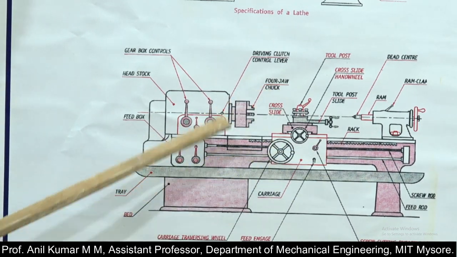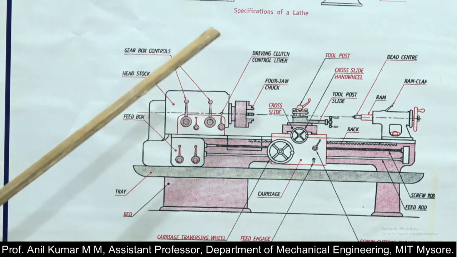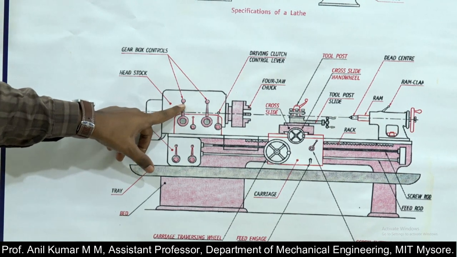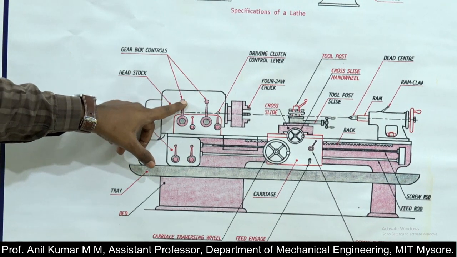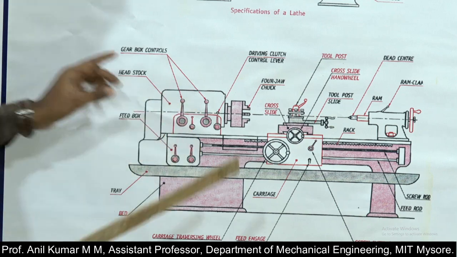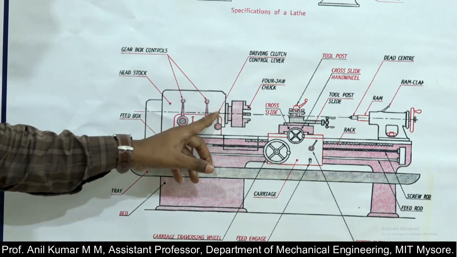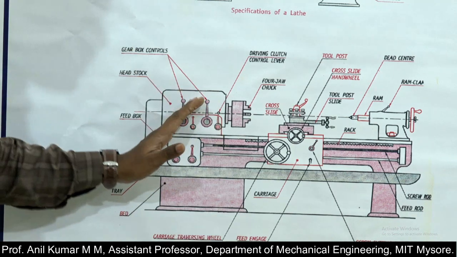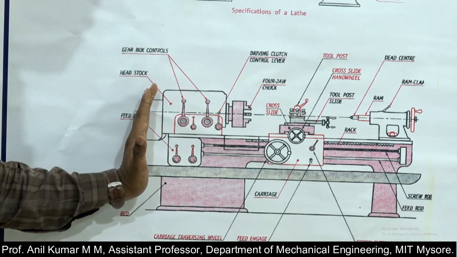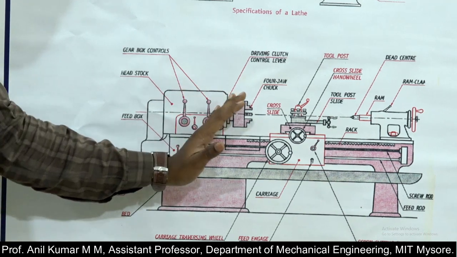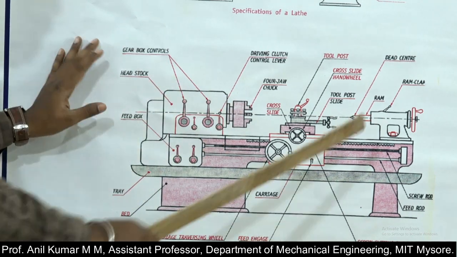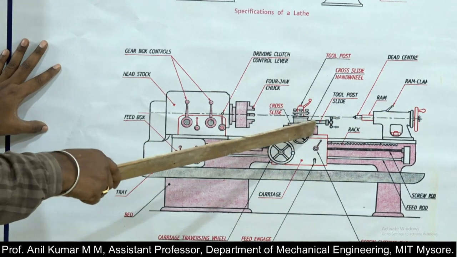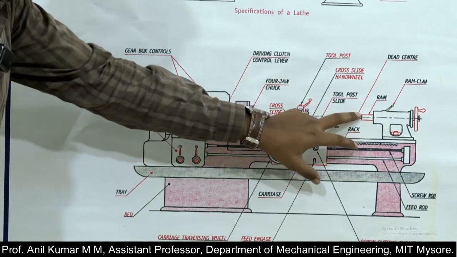Next is the headstock. The headstock is the housing of the cone pulley and the feed gearbox. The spindle projects out of the headstock. The headstock is mounted on the left side of the lathe bed, and it is the fixed part. Next is the tailstock. The tailstock is the movable part, and it carries the